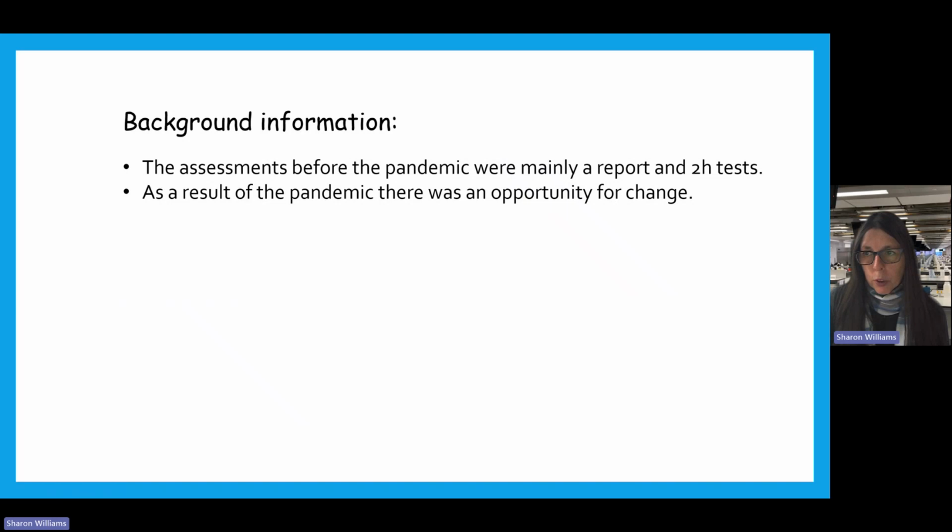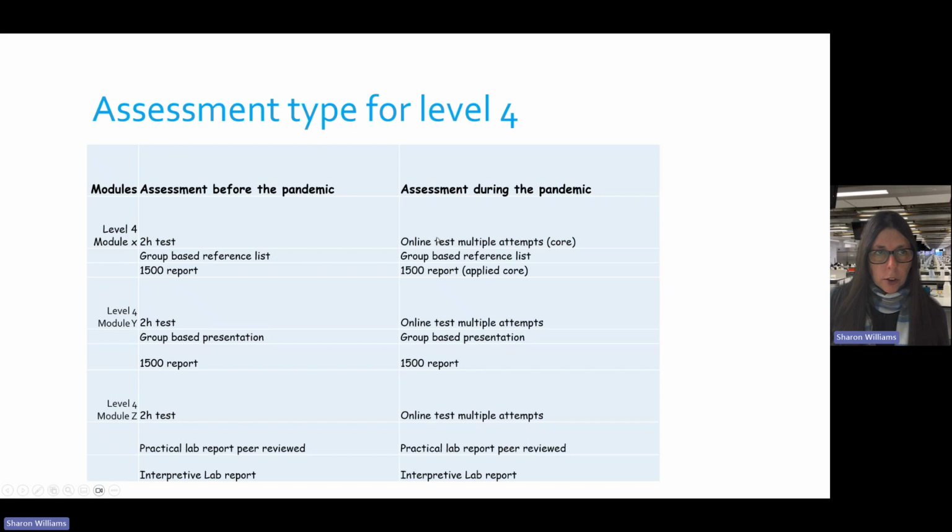During the pandemic, we started changing it to this core assessment, which means you had a pass-fail, and then you had the actual mark, which aligned with, for example, the lab report. And you will see those results and see how that opportunity changes. So, for example, the assessment type for level 4, which is year 1, this is what we used to do before the pandemic or before those changes. We had, for example, a 2-hour test, and that was just one attempt. There was a group-based reference list, which was one attempt, and 1,500